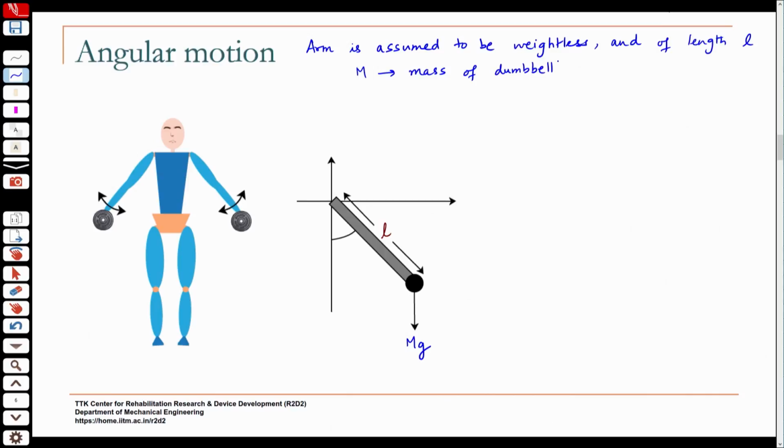And we will assume that at the shoulder you have reaction forces. So, if this is x, y, this is Jx and Jy,